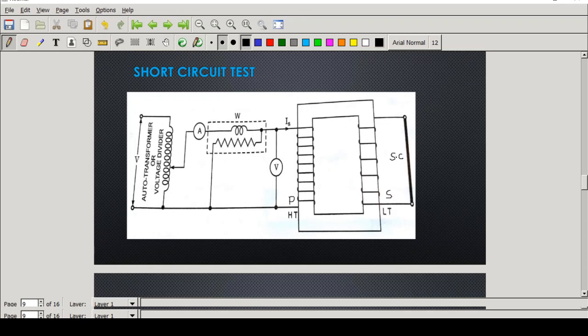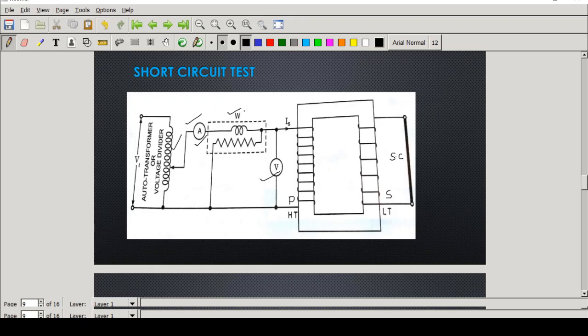So in the case of short circuit test, the high voltage side is very important because we are keeping all the measuring instruments like wattmeter, voltmeter, ammeter, everything here. Now we will go through the circuit. Here V1 is the applied voltage and we have an auto transformer for adjusting the voltage. There is an ammeter, a wattmeter, and a voltmeter. The voltmeter will read the voltage, the ammeter will read the short circuit current, and the wattmeter will give the power. Now we will discuss which power the wattmeter is going to give.